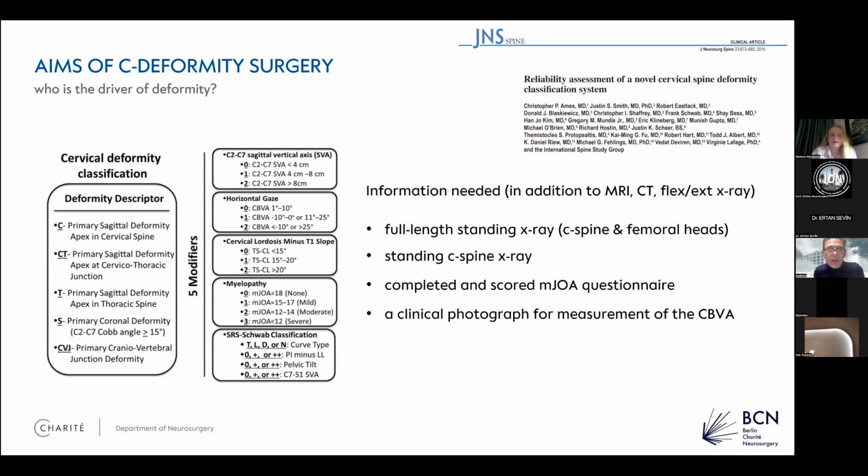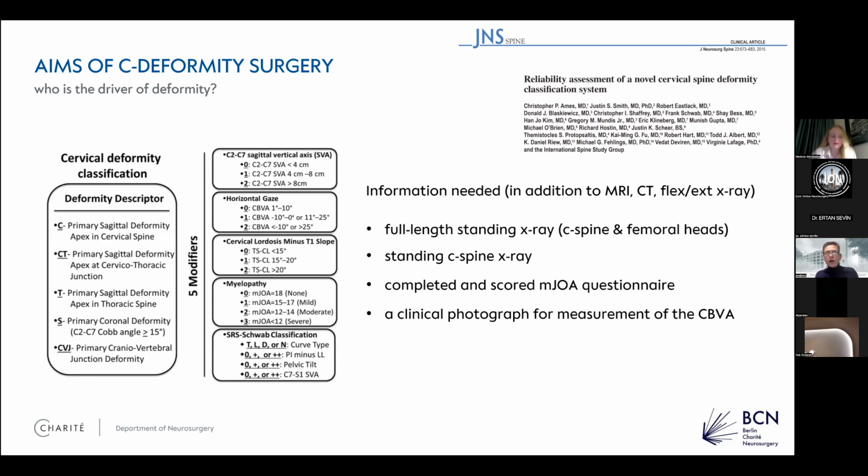Here, Chris Ames was the first author, and you can see what I've just mentioned, the different drivers for the cervical deformity, and then there are some modifiers, describing the additional variables contributing to the deformity and to the severity, like the horizontal gaze, or whether the patient had a myelopathy. This is also important because the modifiers increase the risk